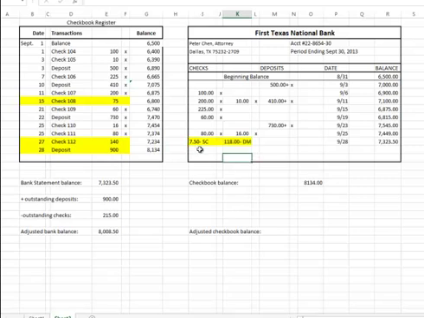First of all, the bank charged me a $7.50 service charge for the month. And then I have a debit memorandum for $118. I'm not exactly sure what that is, but probably what happened was a deposit I made earlier. One of the checks that I deposited probably did not clear, and so they're taking that money back out of my account. Somebody's check bounced. Or it could be I used my debit card. So either way, what I'm going to do is say minus the service charge of $7.50,